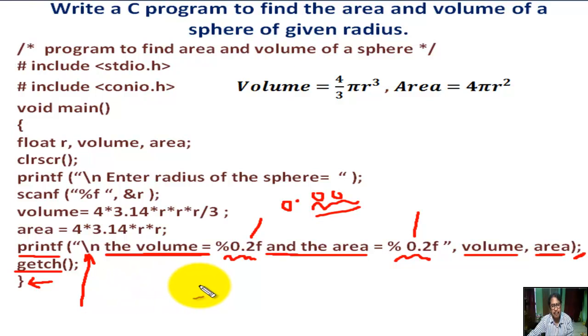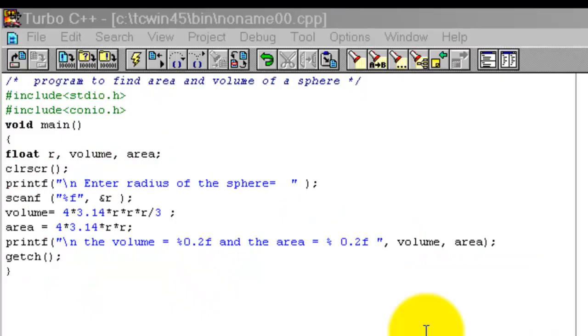Now we run the program. First we type the program without any mistake.